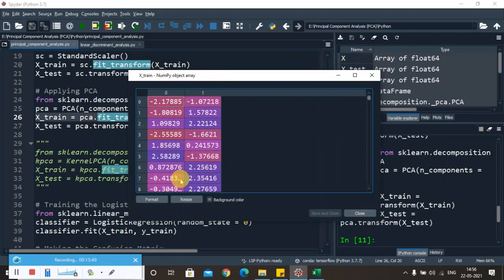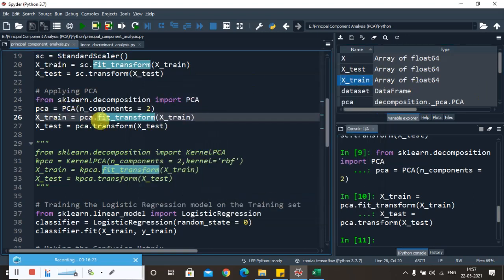What has actually happened here is, it tried to understand the correlation among all the attributes. It identified and detected, and finally it extracted only 2 features among them. That is why PCA comes under feature extraction, not feature selection. So we had extracted 2 features from the multiple features by identifying and detecting the correlation among all the features. That is what we have done here. So we had applied the PCA.